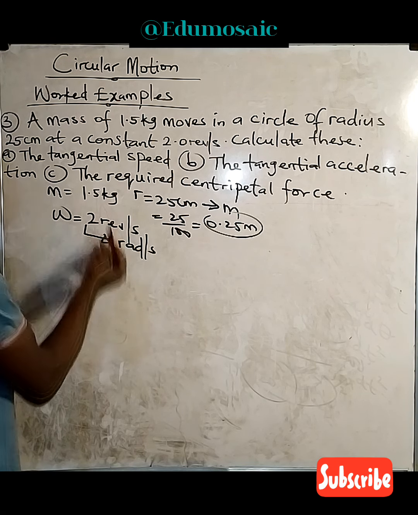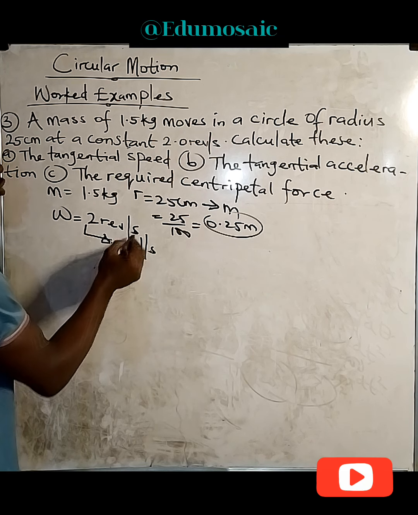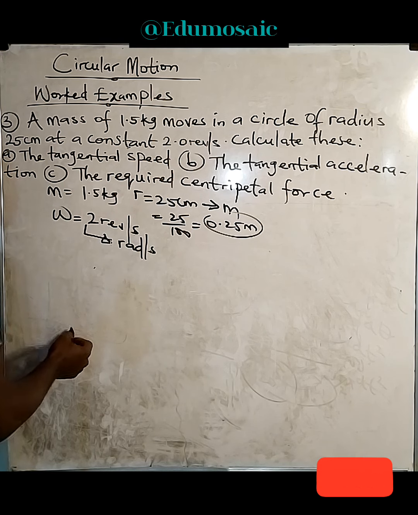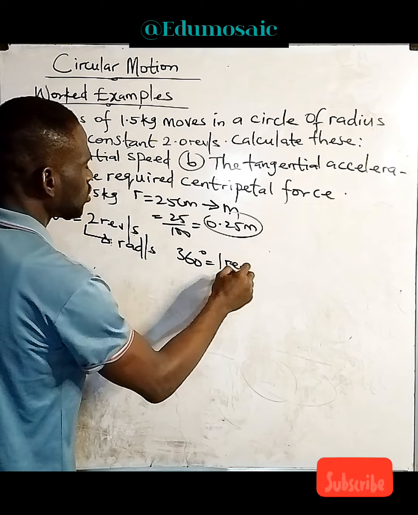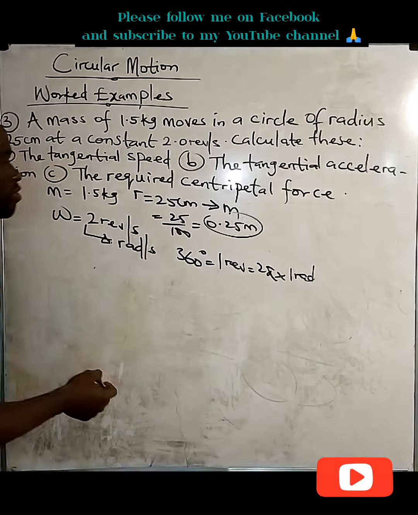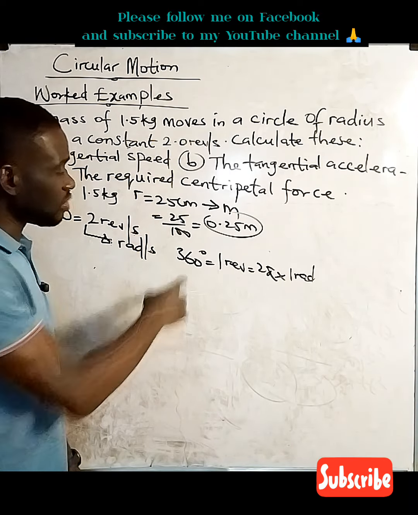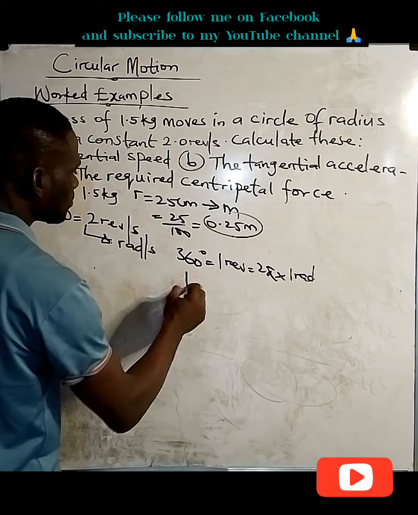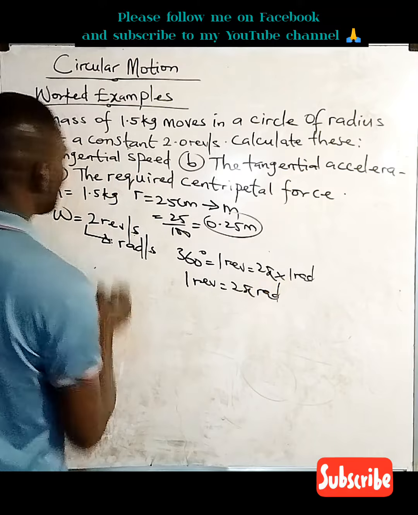So how do we convert revolution per second to rad per second? Now, this is already in seconds, so we don't have a problem with this. So how do we convert revolution to rad? Don't forget, 360 degrees is equal to 1 revolution, which is 2 pi rad. Don't forget that we talk about the circumference of a circle. The circumference of a circle is equal to 360 degrees, which is equal to 1 revolution. So if 1 revolution is 2 pi rad, then 2